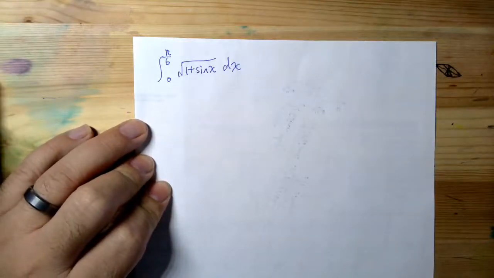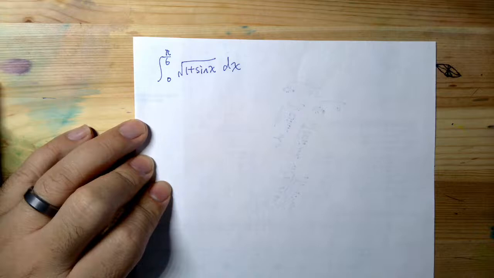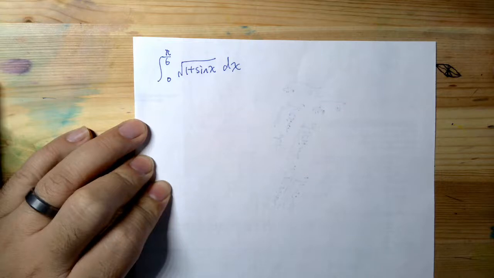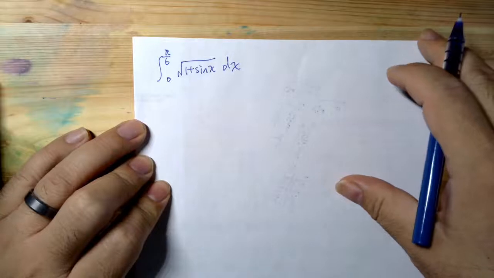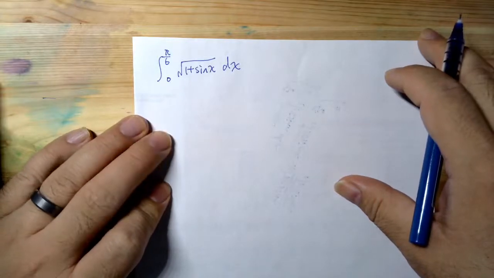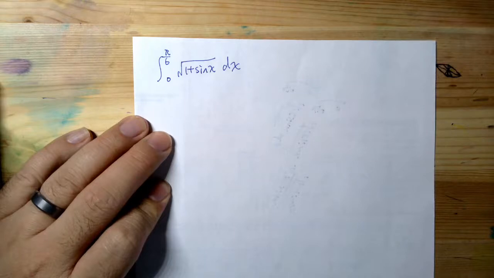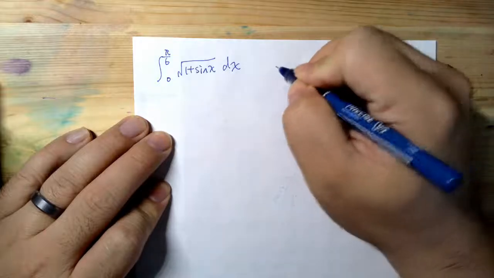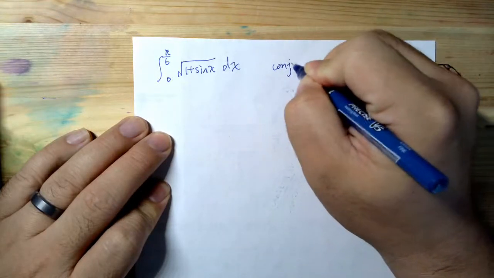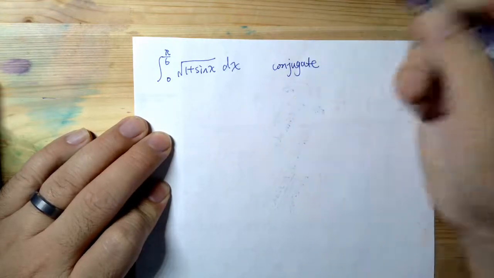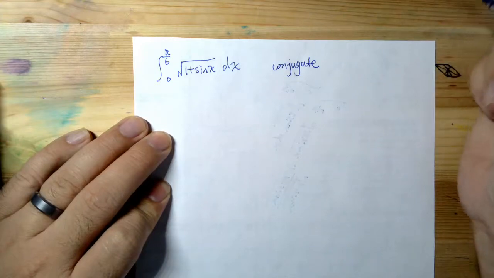Okay, so let's look at this example. This is a definite integral problem from 0 to pi over 6 of the square root of 1 plus sine x. To do this problem, the trick here is you need to think about the conjugate. Why? Because